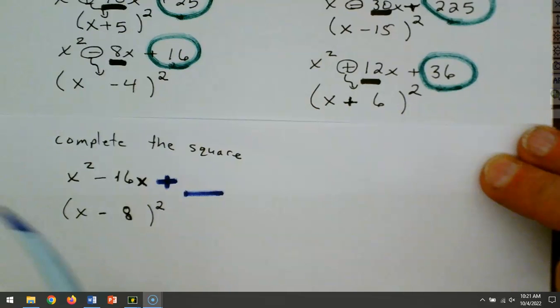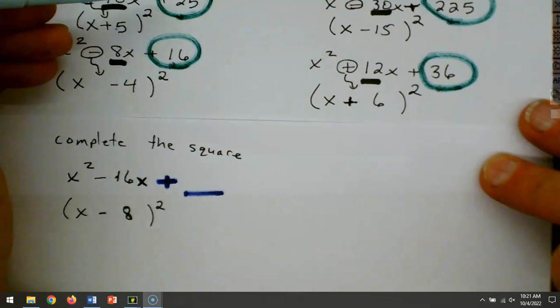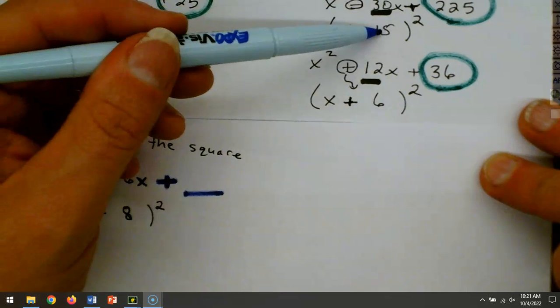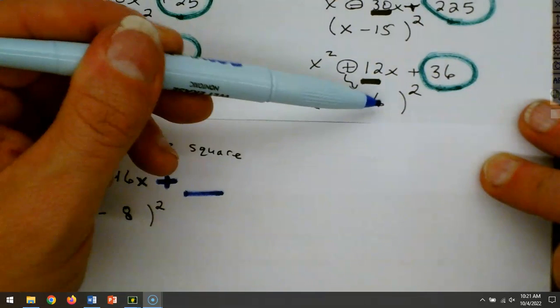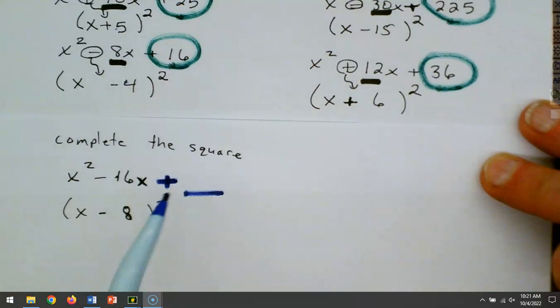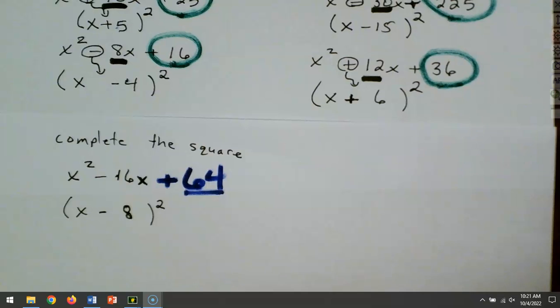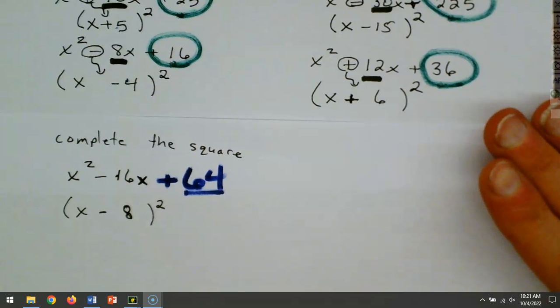Negative 8. Again, watch the pattern. 5 squared is 25. 4 squared is 16. 15 squared is 225. 6 squared is 36. So what's going to go in this blank right here? 64, right? Because 8 squared is what? 64. Now, I had to add in 64